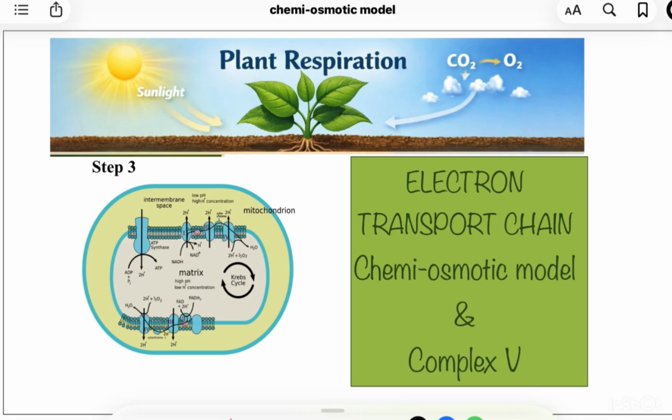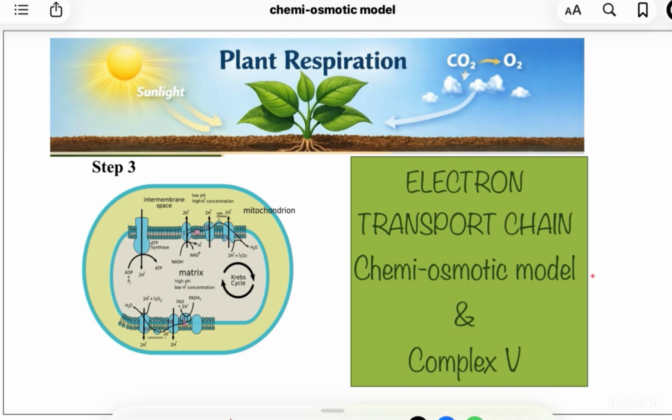Welcome back to the discussion on plant respiration. In the previous lectures, we have covered complexes 1, 2, 3, and 4 of the electron transport chain. These are associated with movement of the electrons downhill. Today, we will discuss the hypothesis which explains the ATP production due to the proton gradient established by the complexes